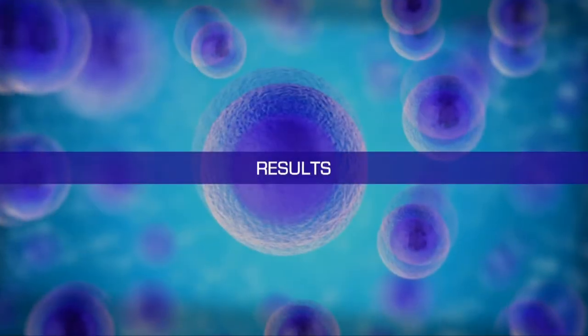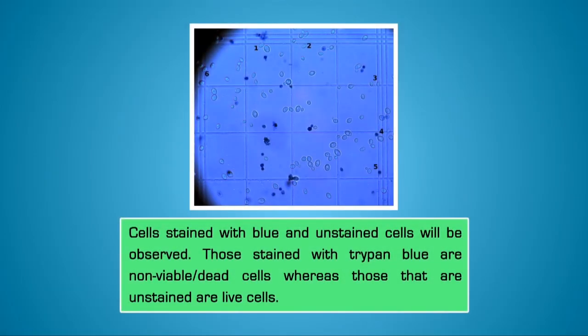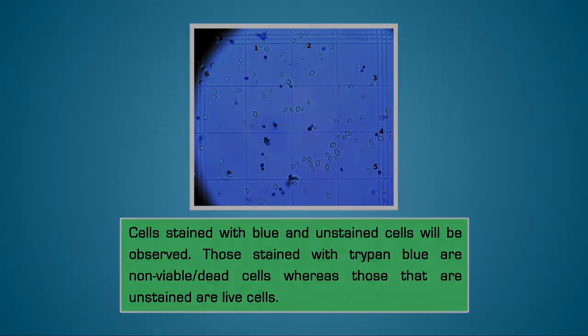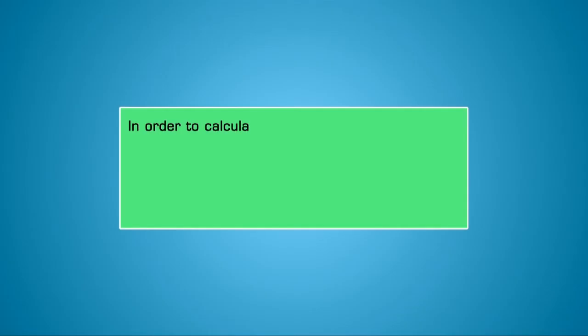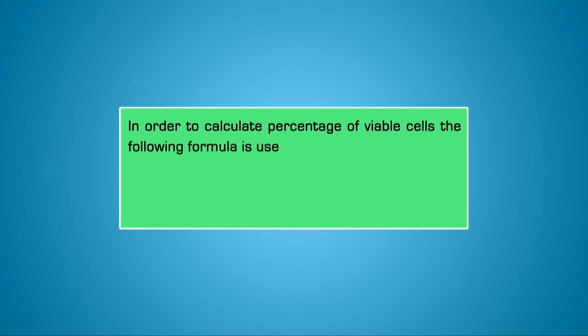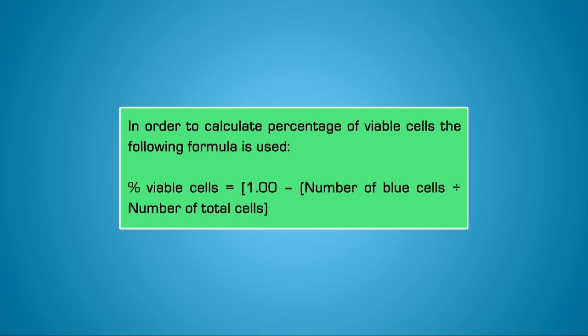In the results, cells stained with blue and unstained cells will be observed. Those stained with trypan blue are non-viable or dead cells, whereas those that are unstained are live cells. In order to calculate percentage of viable cells, the following formula is used. Percentage of viable cells will be equal to 1 minus number of blue cells divided by number of total cells